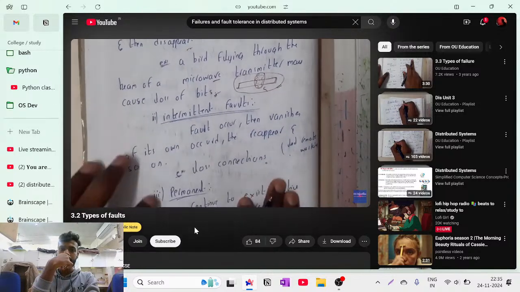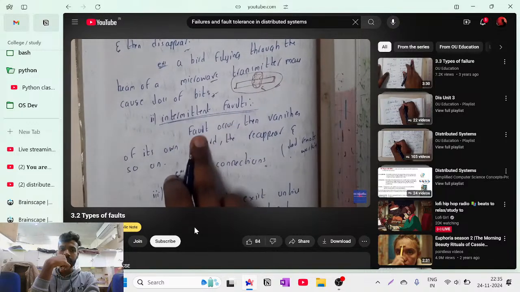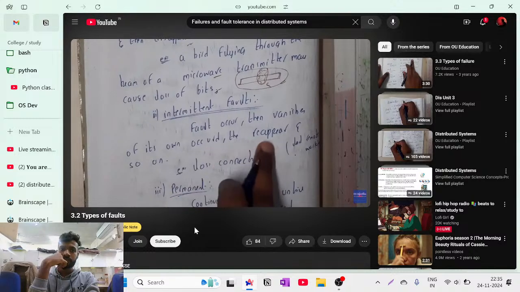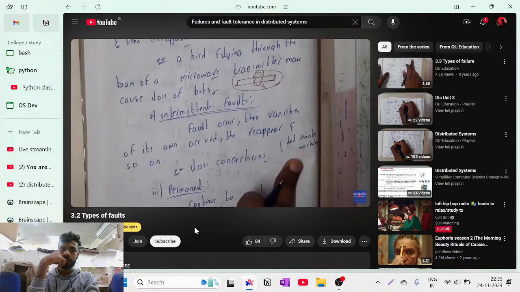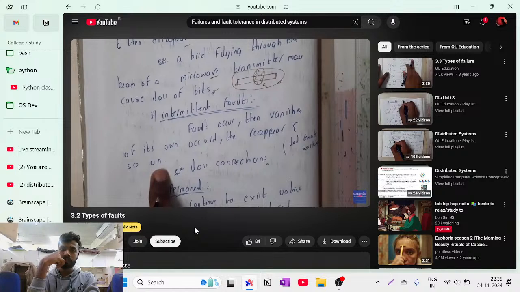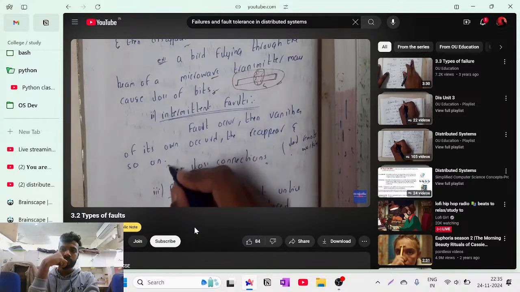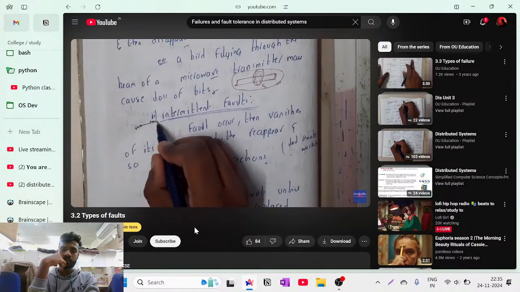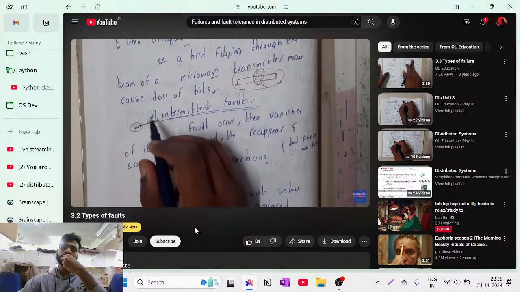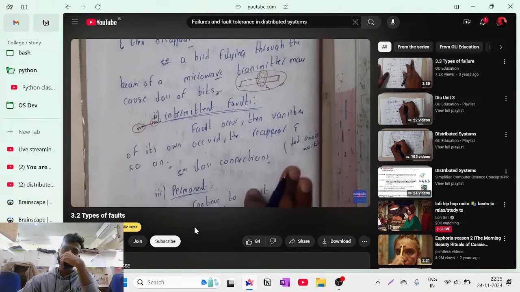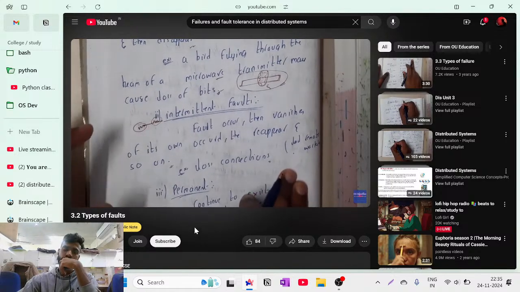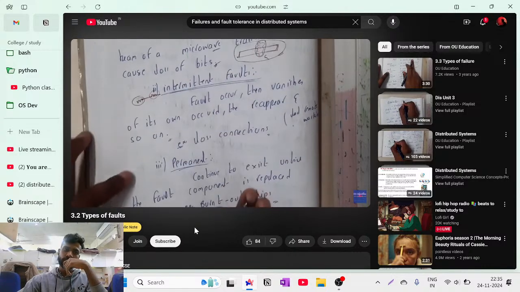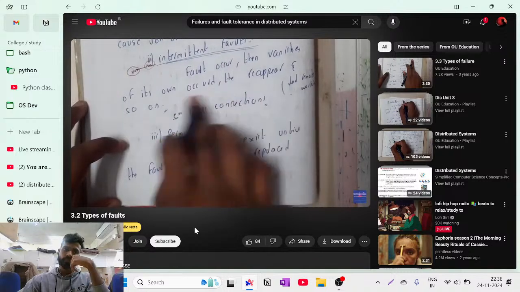Similarly, the intermittent fault. A fault occurs, then vanishes on its own, and then reappears again. Basically, some kind of loose connection, you can say. It will work for some time and again it stops working. Again after some time it will start working, guys. Sometimes when the battery in our TV remotes is low, these kinds of issues will also come. For some time it will be working and for the other half the time it will not work. That is nothing but intermittent. I think I wrote it the wrong way, so please correct it on your own, guys.